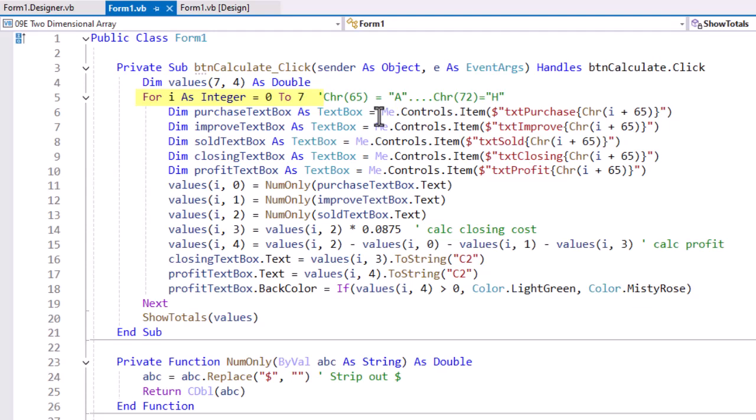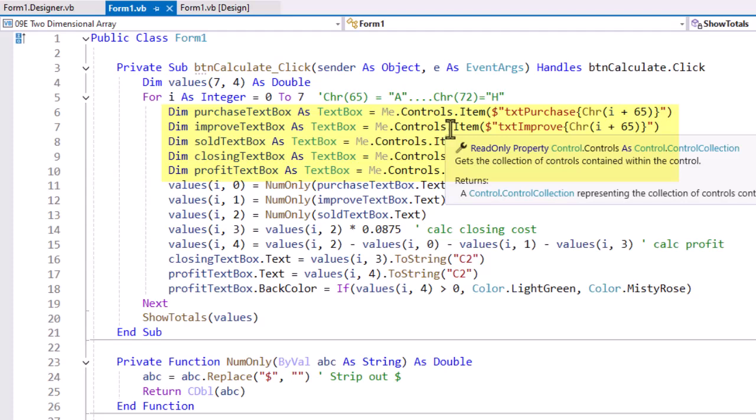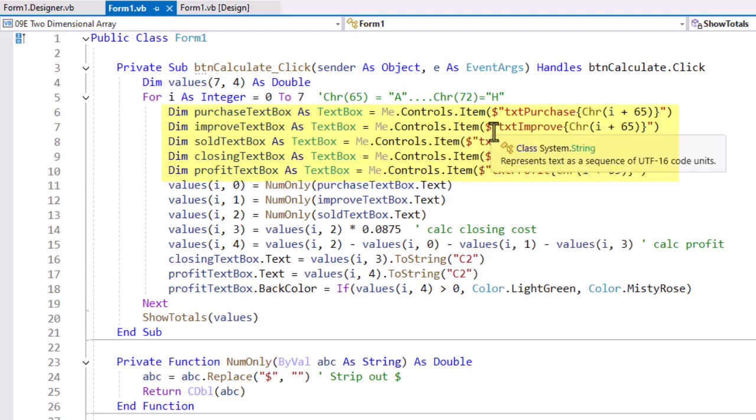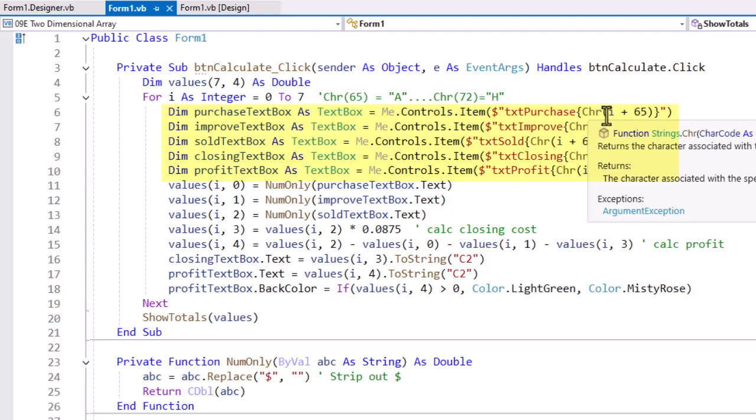I'm going to go through each row of my houses, and I'm going to create 5 variables in this loop of purchase text box, improved text box, sold text box, closing text box, and profit text box. And I'm going to do that by finding the appropriate text box for that row. And I can set that equal to me.controls, that's our collection of controls, .item, and I can search for that item using its name. So here it's $, TXT purchase, and then I'm doing a CHR, that's the ASCII character